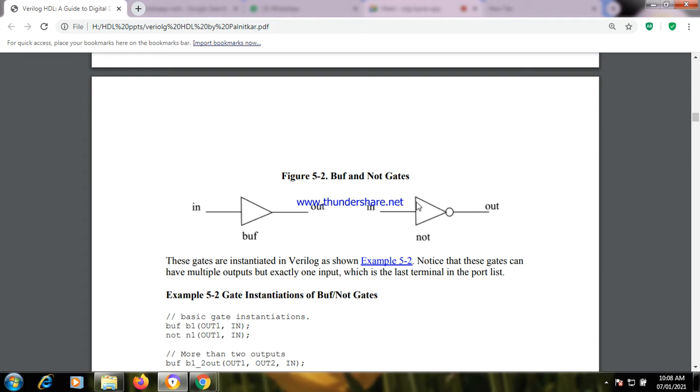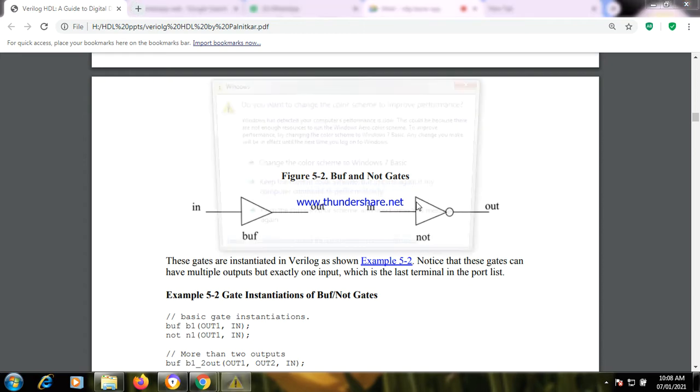Means we are just showing one control signal. So depending on that control, or instead of calling it a control signal, I can call it control input, right? So depending on that control input, your output will change. Means your output is dependent on two things here. In case of buff if or not if, output is dependent on two parameters. One is your input, second one is your control signal.